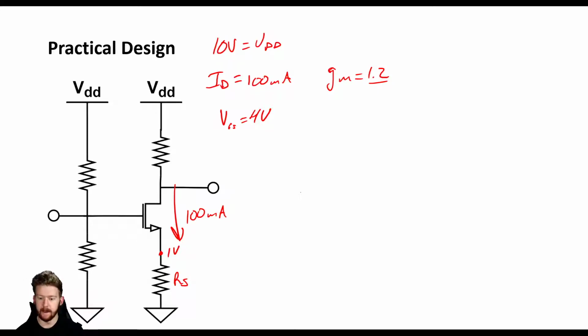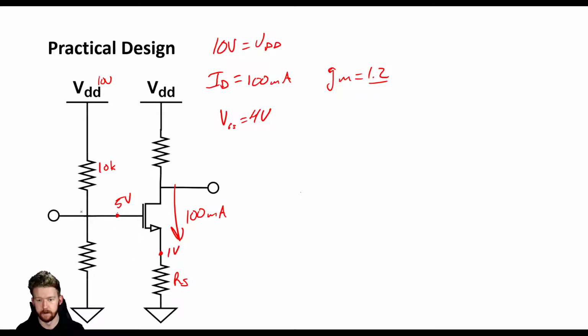So having that source resistor is important, and we do need to include it. If we have 1 volt on our source, that means we're going to need 5 volts on our gate in order to keep a VGS of 4 volts. So let's start off by trying to get 5 volts here. If we have a VDD of 10 volts and we want 5 volts here, it's just a simple voltage divider. So we can use something like a 10K and a 10K resistor to get that 5 volts